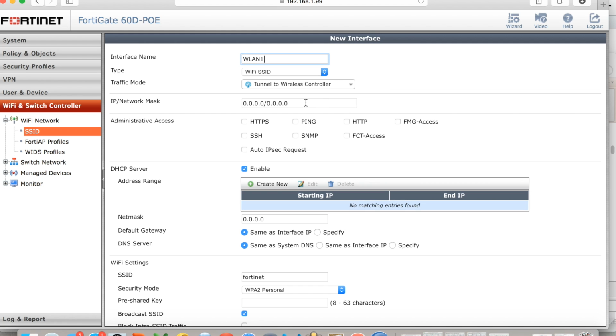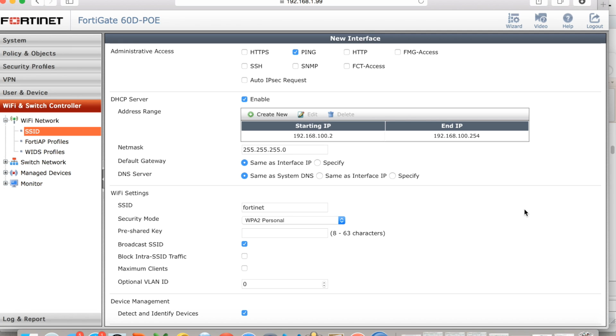I need to assign an IP interface to this interface that I'm creating and a net mask. I can choose to allow or deny administrative access on this interface, which I'm going to deny, and I'm going to allow ping so that devices can ping this interface as a troubleshooting step. My DHCP server has automatically been enabled for this interface to create a pool for the wireless devices that connect